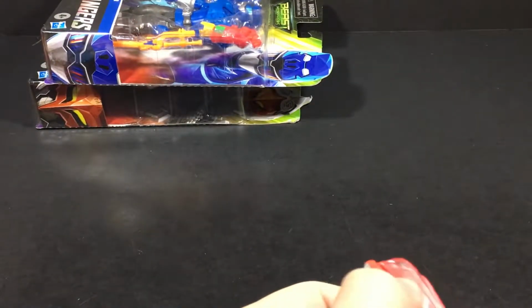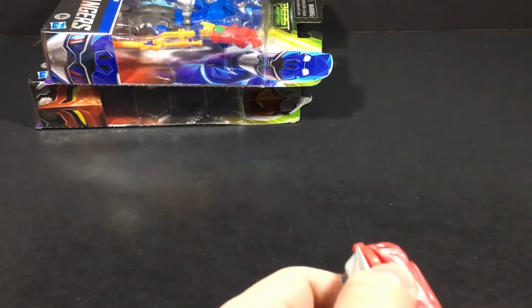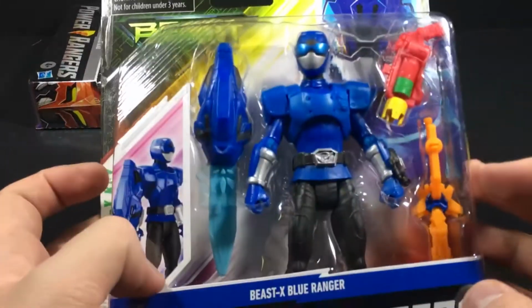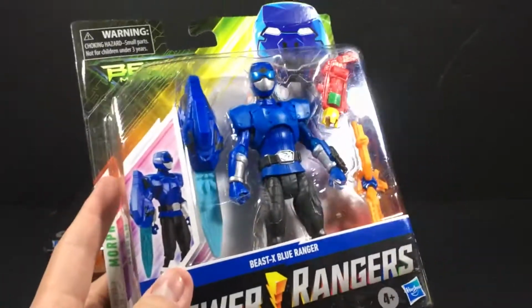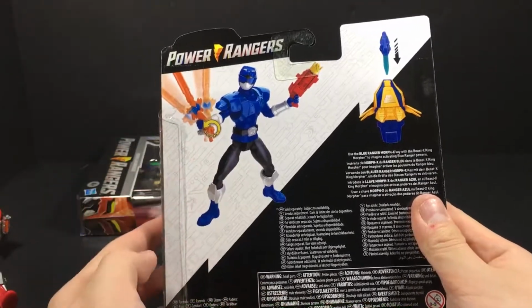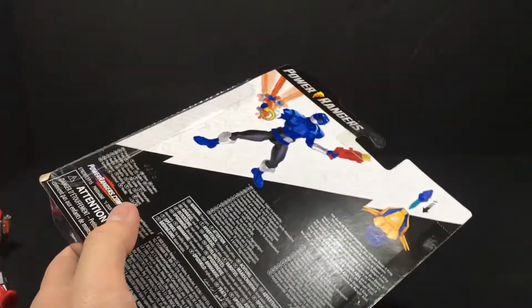You're not David. Oh my gosh, why did that do that? Okay. Robbie. So he comes with a different sword. This seems like a CGI rendering of that, so